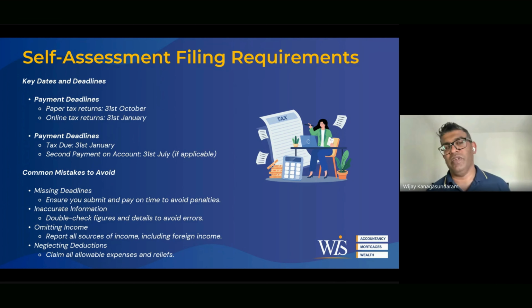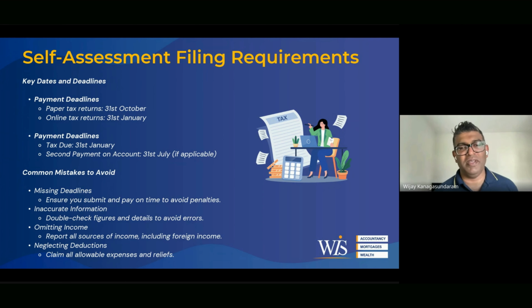Inaccurate information. We've recently had an inquiry from HMRC, because some of the clients omitted giving us P11Ds or information on the child benefit, etc. Anything from the company, if you have the company with us, we would know the income that you're earning from the company. But if you have income outside of the company, like foreign income, it's important you disclose these things for us to file the tax return.